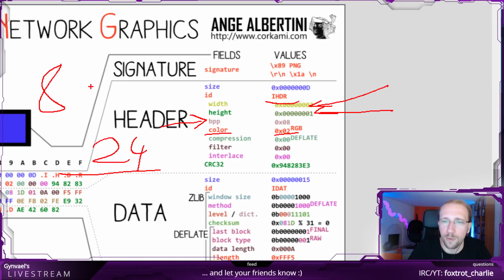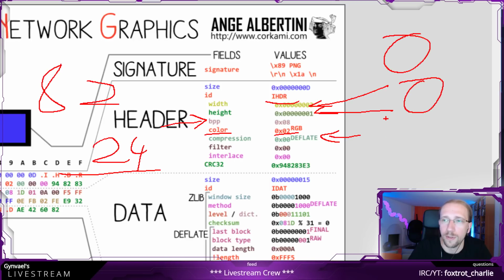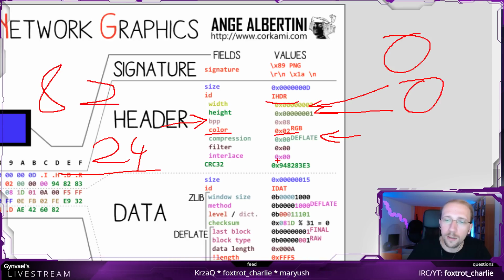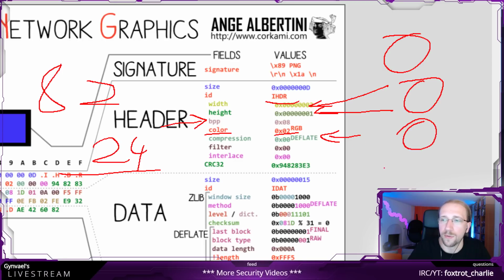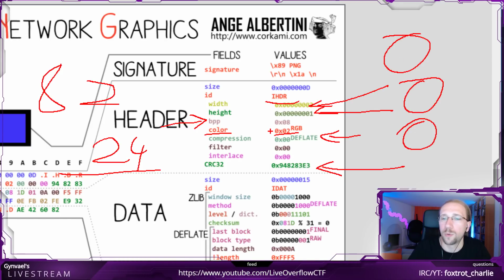If it's one of these, then it's probably going to be compression, deflate. Yeah, PNG only has deflate. Filter only 0 is a valid number in PNG. You can look it up in the specification, by the way. Interlace is going to be either 0 or 1, but there is little reason to use interlace, and I don't think any encoder by default does that, so it's going to probably be 0. Then maybe we can actually calculate the CRC32 of the data, but we do not know the height, so we do not know the CRC. This will be an unknown for us.